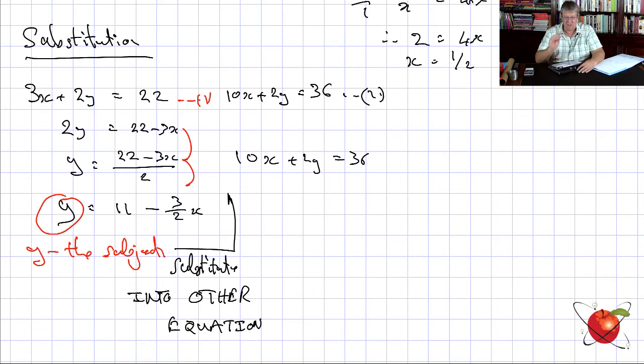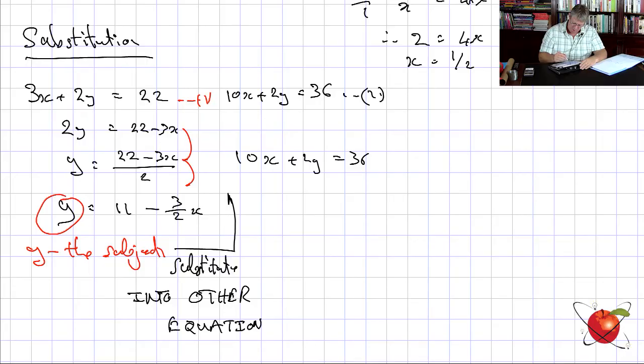I am substituting it into the other equation. So I pick one equation, equation 1 or equation 2, and I make either x or y the subject of the formula, and then I substitute that into the other one, which means I have got here 10x plus 2,